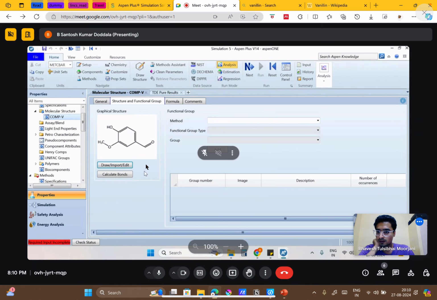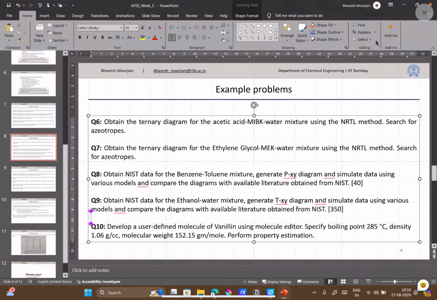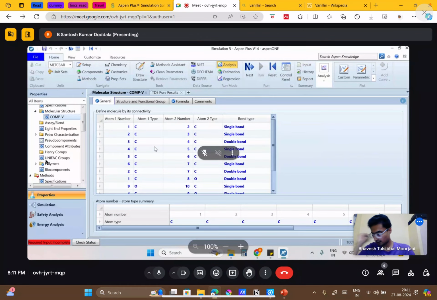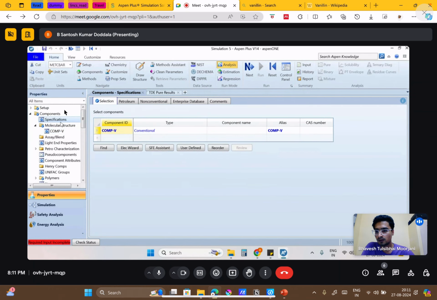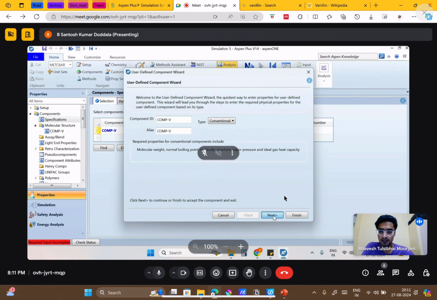Now from here I just want to do the estimation method again. Can you go again to the specification part and edit the molecule? Component specification, user define. Next. Do next. Next.